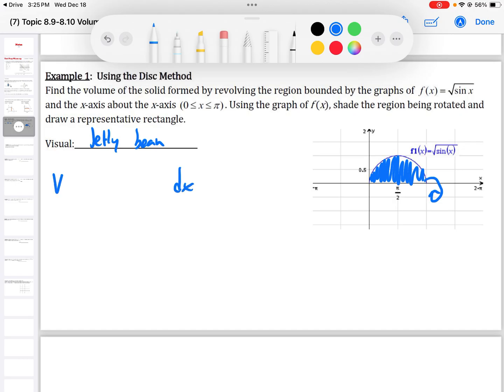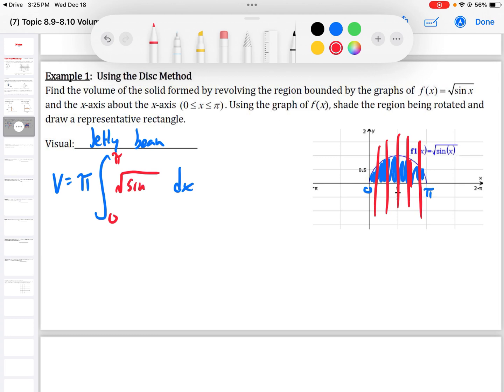And the volume is going to be pi from 0 to pi. So here are my cross sections going this way, and they go from 0 to pi. And it's the radius squared. The radius of each circle would be the function value, so it would be the square root of sine x, squared. So the volume is pi times the radius squared, and this is your height right there, but it's just